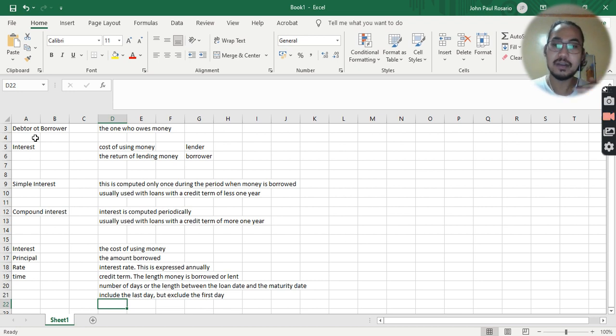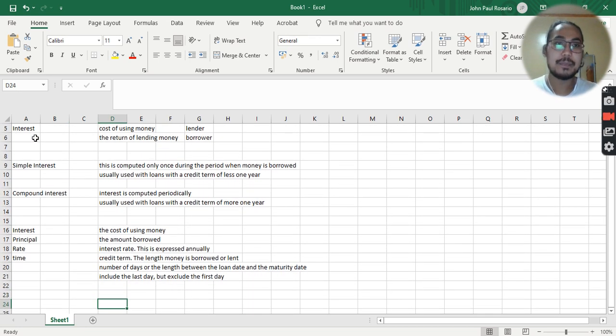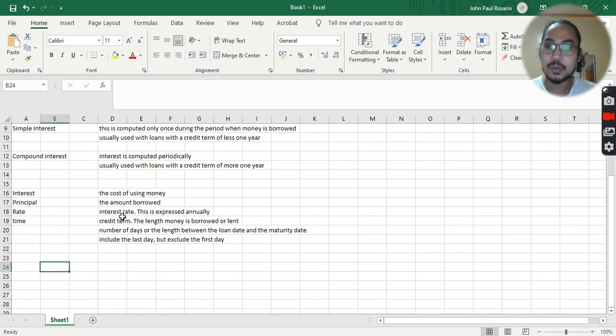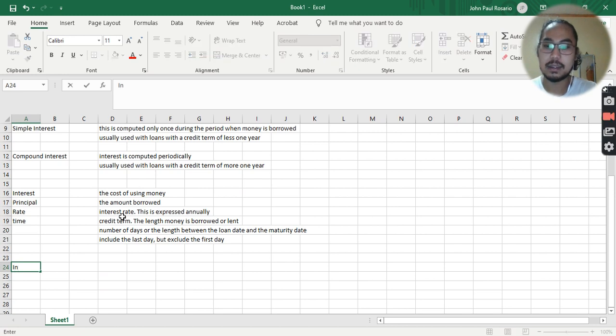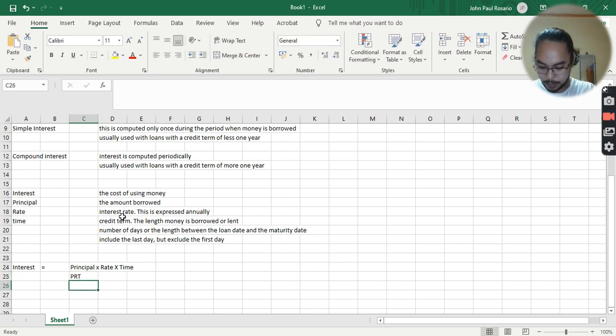So given the interest, principal, and rate, but time is unknown. So, the formula for solving interest is equal to principal times rate times time, or it is equal to PRT. Okay? So, for example,